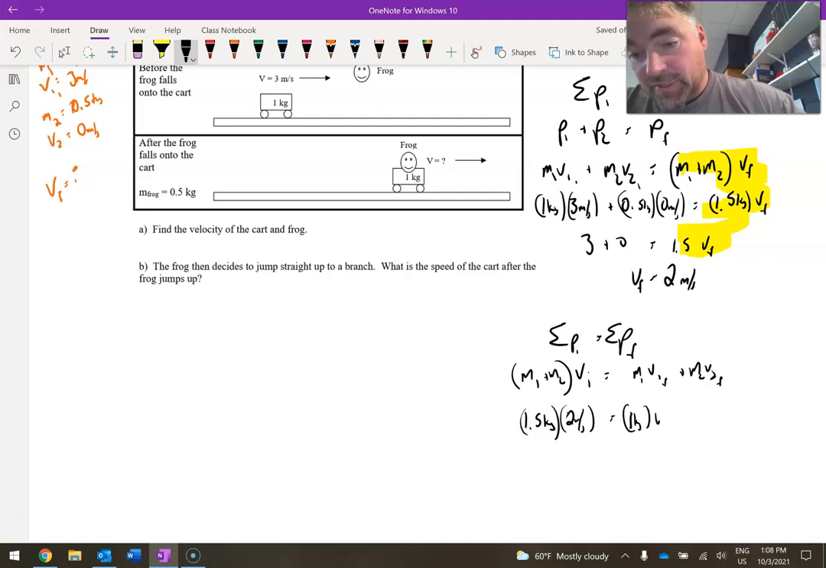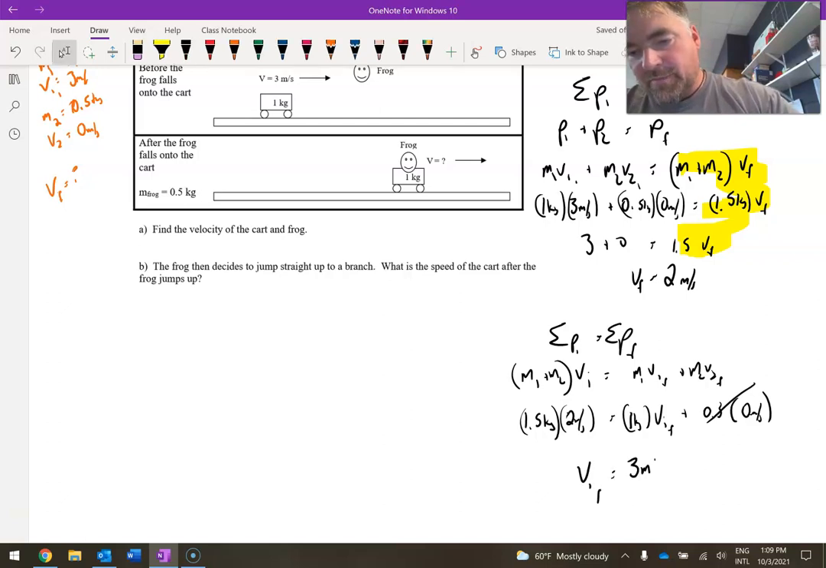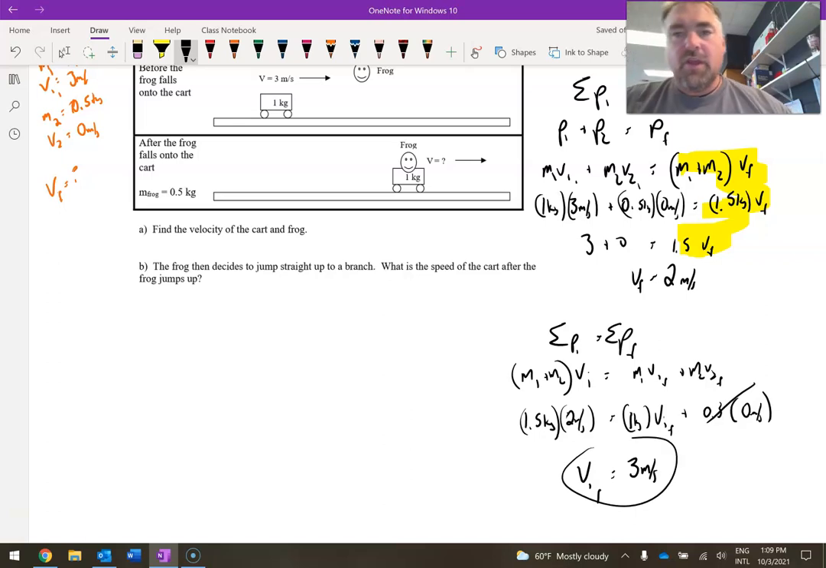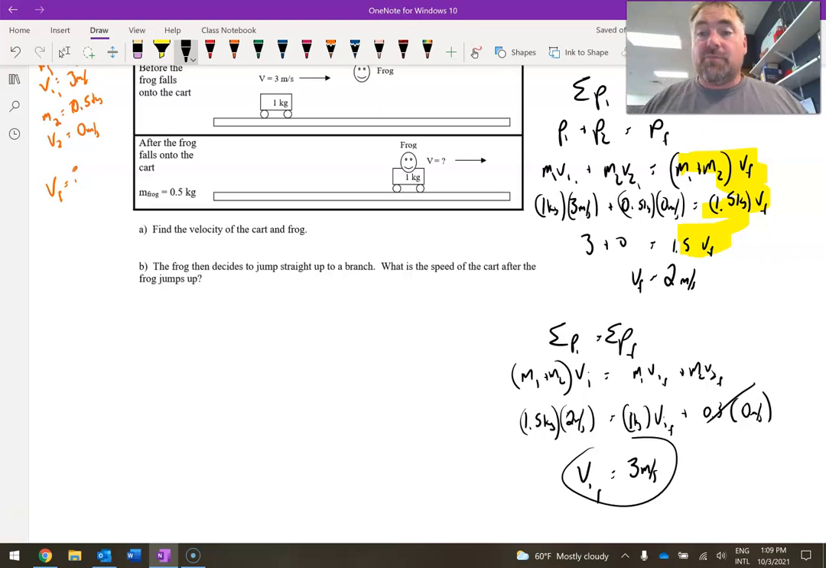Or, well, hang on. Actually, that's what we're looking for, V1 final. And then M2, which is 0.5, times its velocity horizontally, which is 0. He jumps straight up, so not forward, not back. So we got 0, boom, boom, boom. So V1 final is going to go back to that 3 meters per second. So as long as the frog isn't jumping forward or back, he's just jumping vertically, that's not going to increase or decrease the momentum of the system. It will change the mass of the system, thus